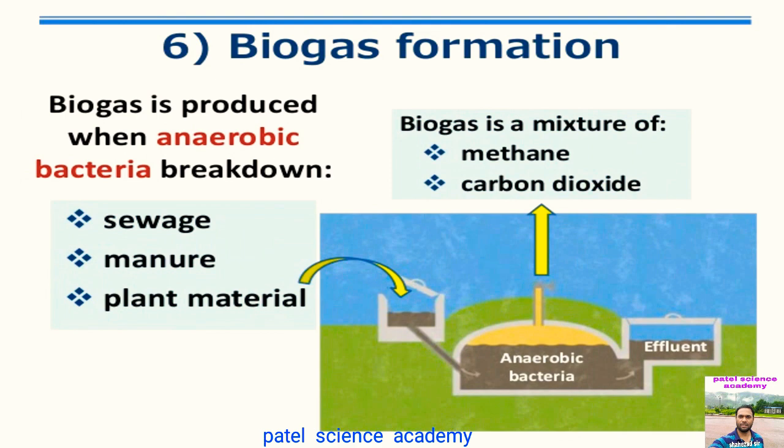Digester has a side opening, that is a large pit, into which the raw material, cow dung, is fed, and the digester is partly buried in the soil. So anaerobic digestion involves three processes: the first one is hydrolysis, the second one is acidogenesis, and the third one, the most important, is called methanogenesis. By these three steps, biogas is produced by the anaerobic bacteria, and this biogas is nothing but a mixture of methane and carbon dioxide gas.